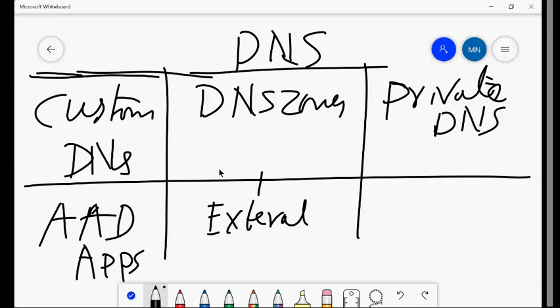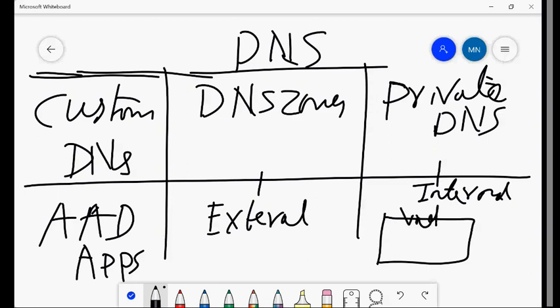These are external, and this private DNS is internal, and when I say internal, this is purely internal within the VNets only. VNet 1 and VNet 2, likewise only between VNets in Azure. That time I will use private DNS, right?